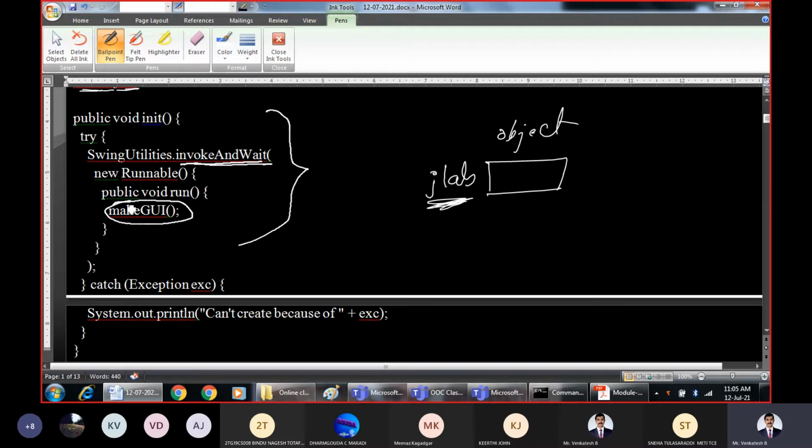That means the complete graphical user interface must be created first. It will execute independently on one thread and wait until the run method returns, because we are going to create the graphical user interface within the run method of the Runnable interface.